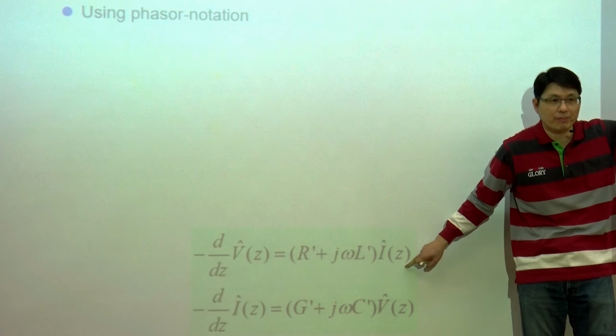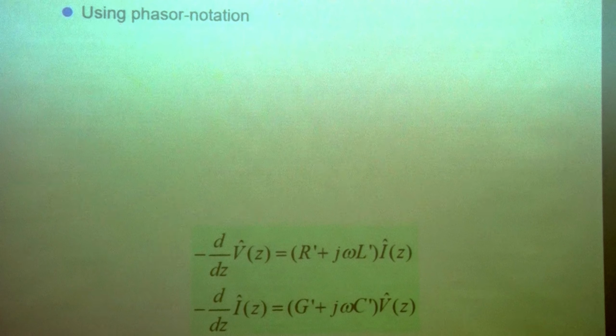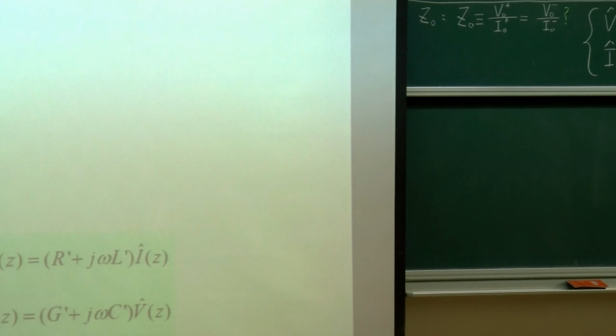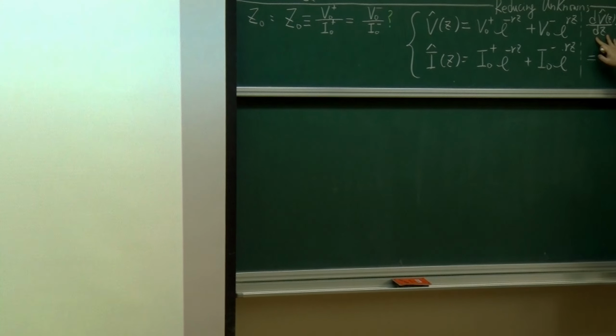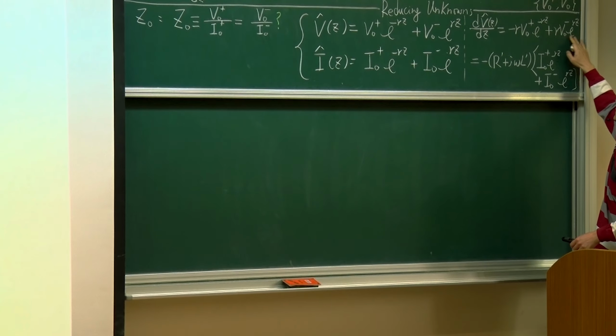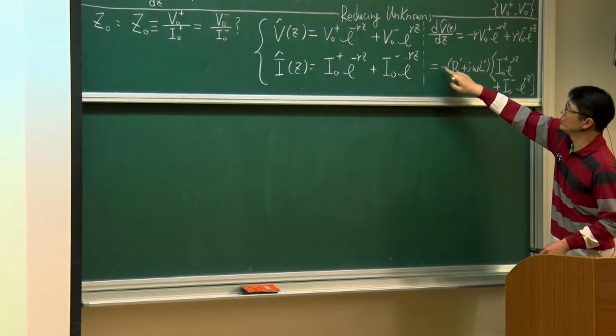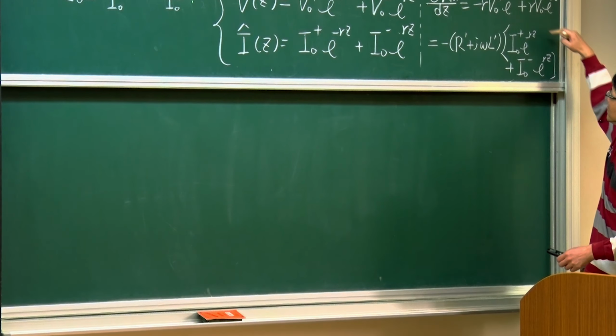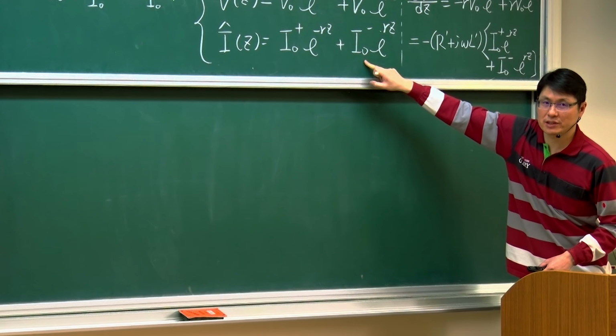And now I can do a term-by-term comparison. The ones with exponential negative gamma z should be compared with their corresponding amplitudes. The ones with positive exponential gamma z should be compared